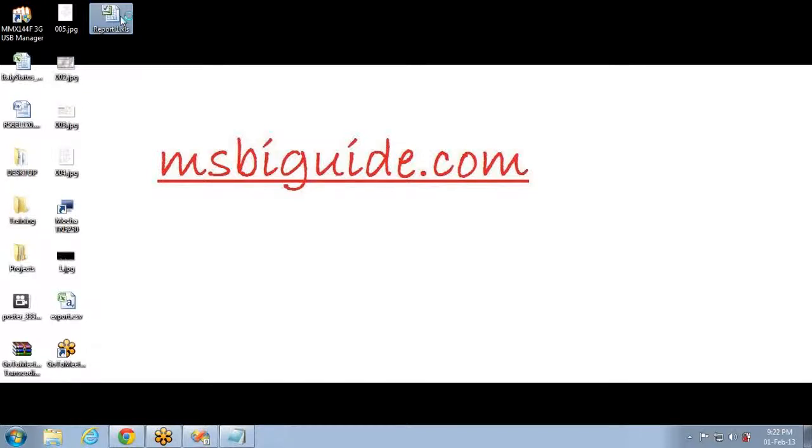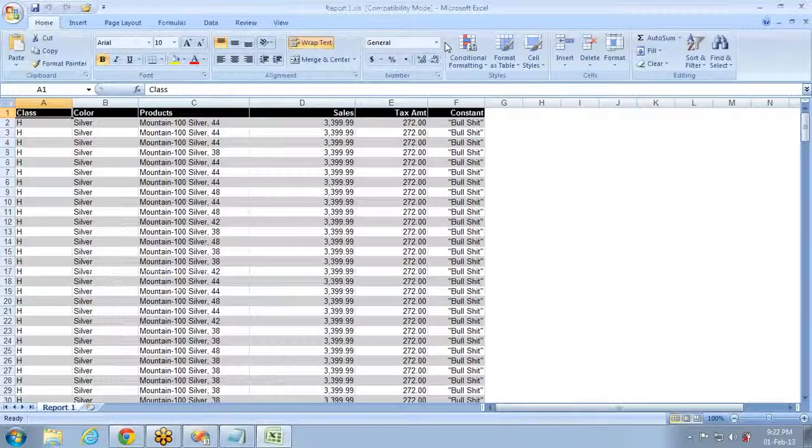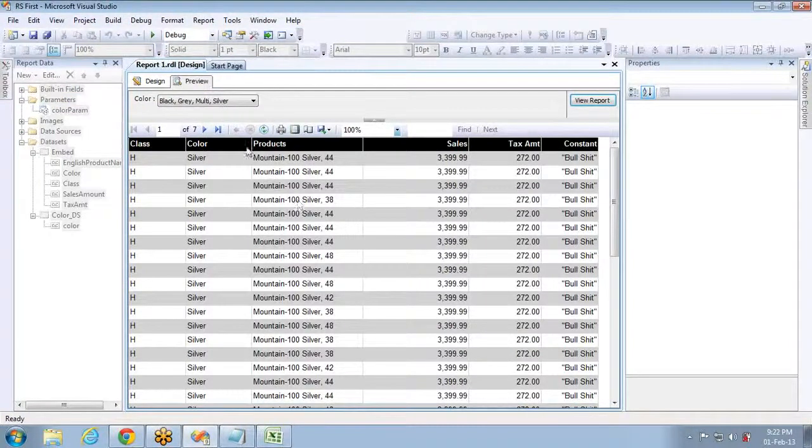The problem is that if I send this Excel to the end user, he can't understand what the filter combination was that was used to generate this report. He can't find out whether it is based on the color or based on some product or based on some sales amount. So what is the best way to solve that issue? You have to provide what parameters were selected to generate this report.